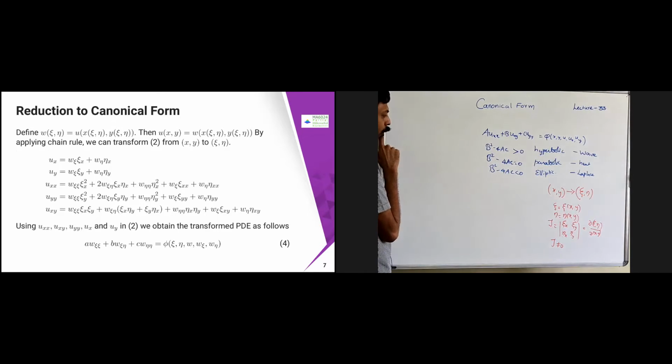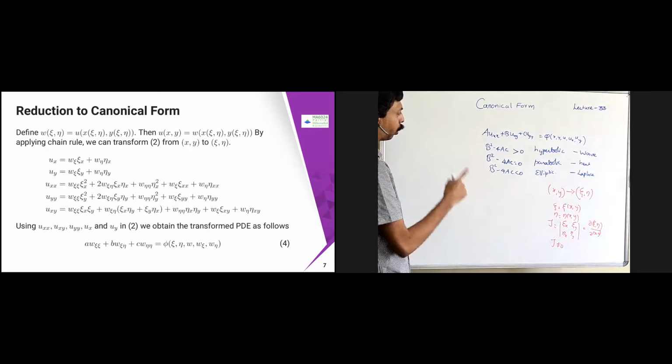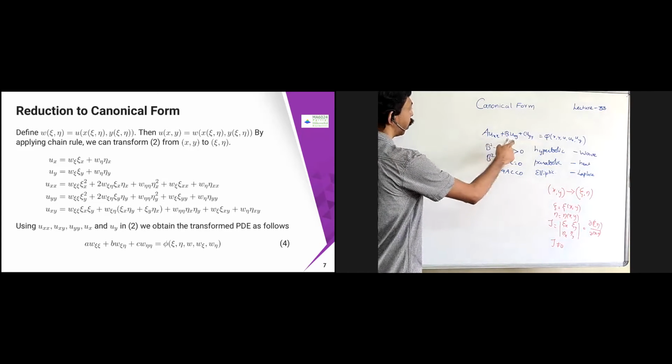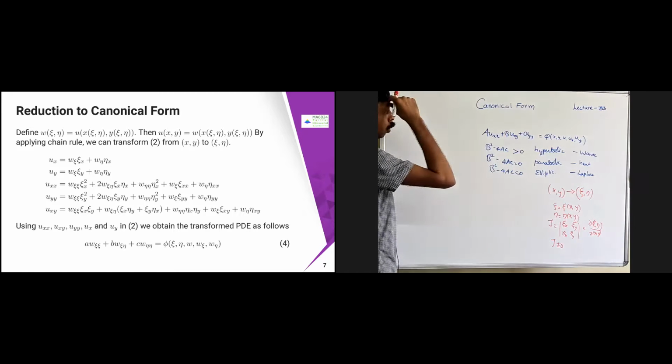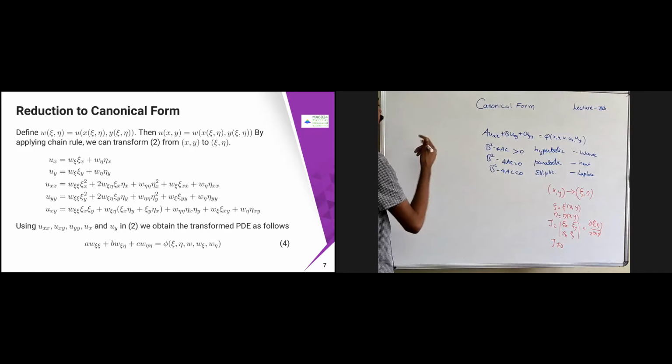So let's find first. We need to translate this into another coordinate system. For that, I have to find what my ux, uy, uxx, uxy, uyy are. Mostly I require uxx, uxy, and uyy. ux and uy will be required there. So we'll translate it. So ux is going to be u chi chi x plus u eta eta x, because u is nothing but u of, I'm just translating to the other coordinate system.